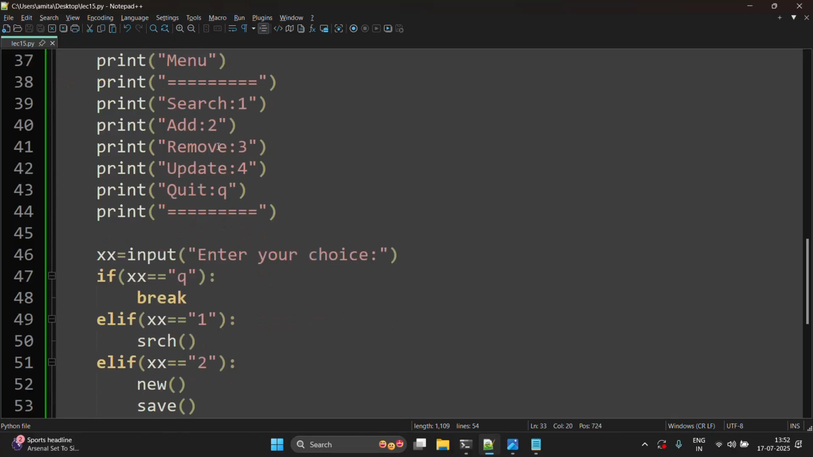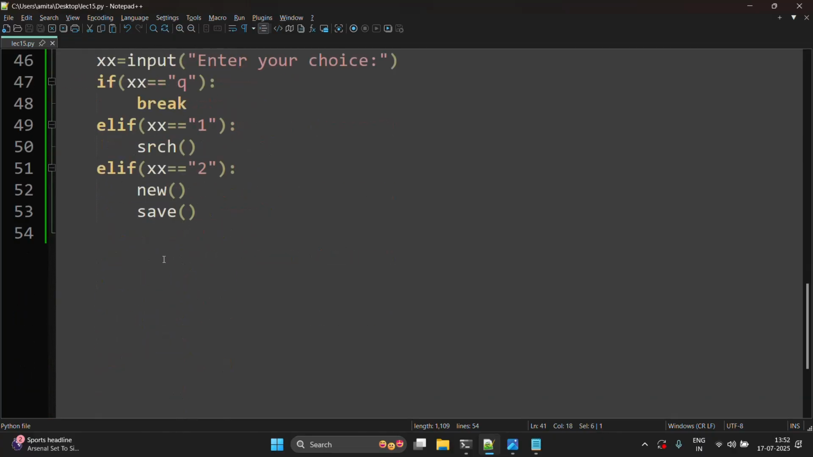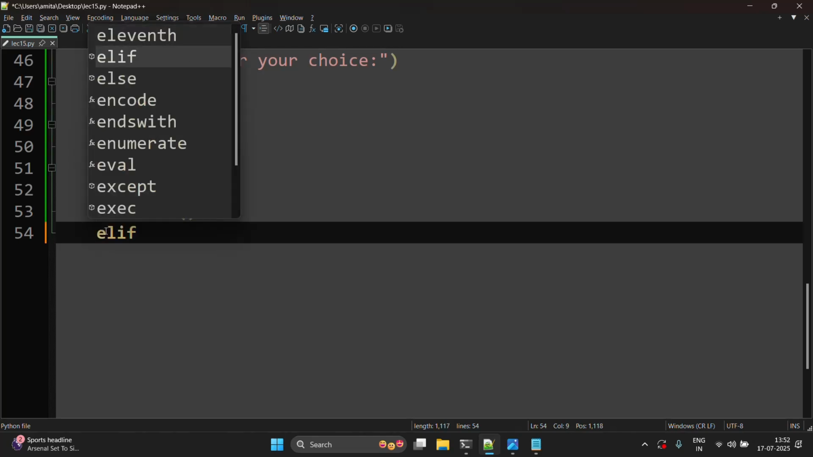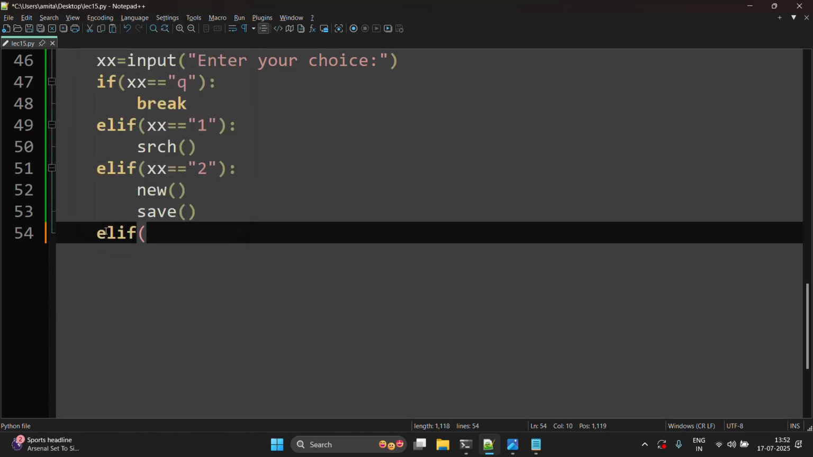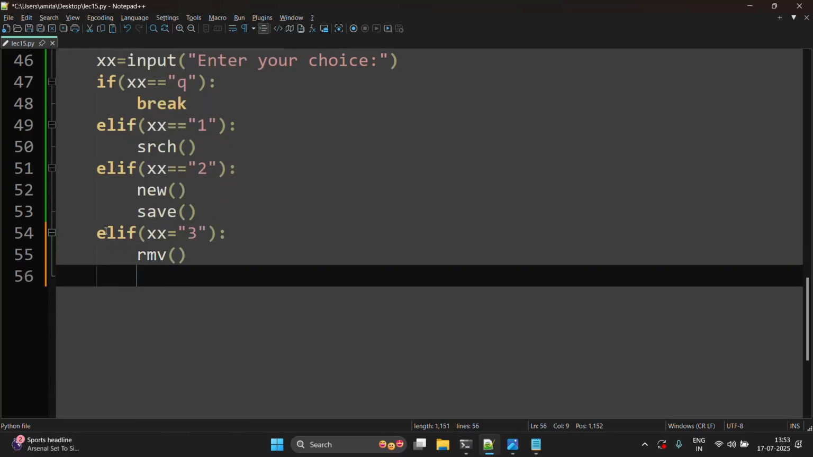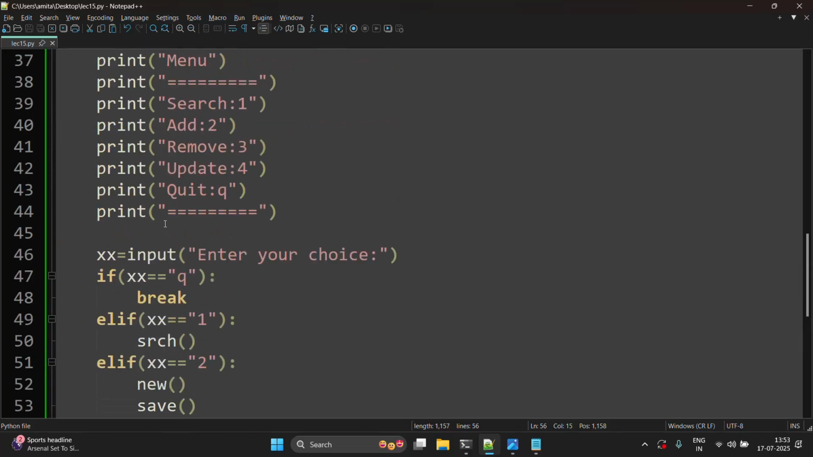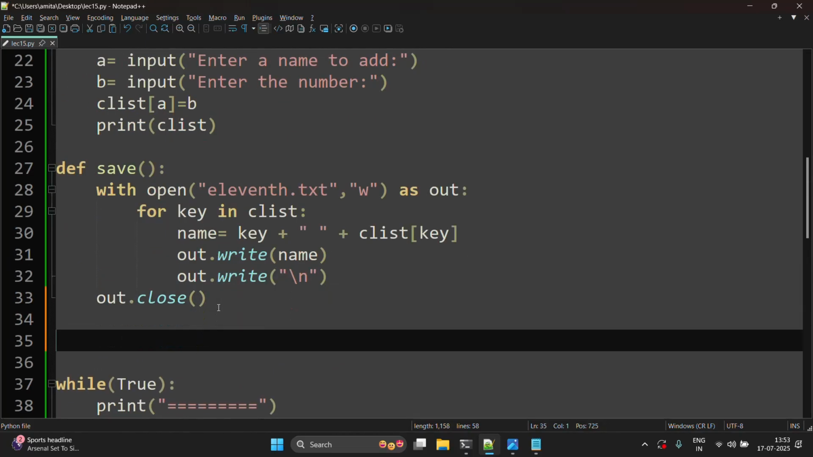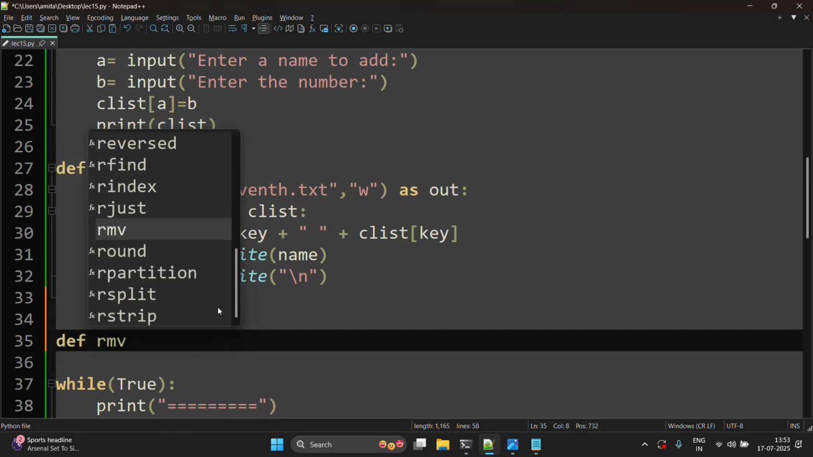The third option is to remove. Okay, so we will write here if x is equal to 3, then it will use one remove function and it will save it as well. So now our next task is to make a remove function. So def remove,